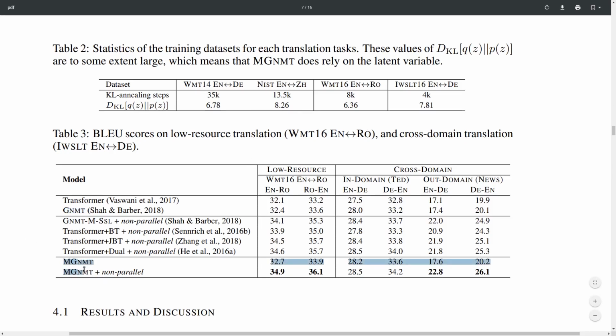But here is the MGNMT model without additional parallel data, using only the parallel data set and the non-parallel data.